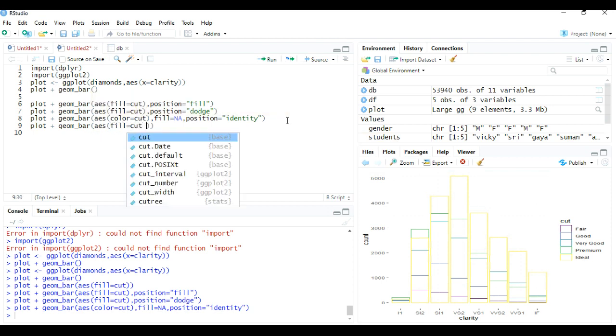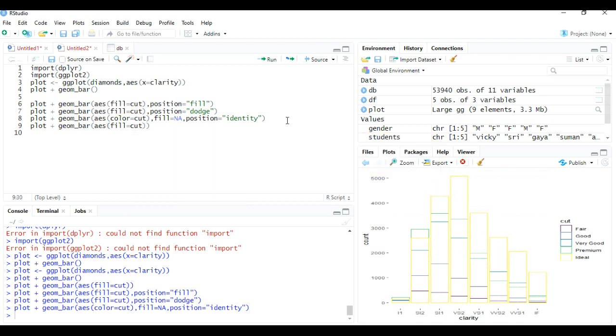Here I am using the same variable cut as I used previously, plus ggtitle. In ggtitle, whatever name you want to give to your graph, you can give. Here I am giving just a graph, so you should print there graph. Plus